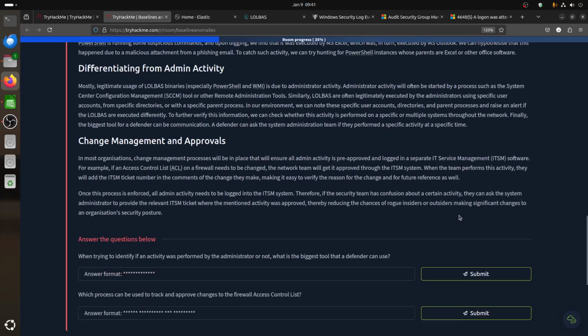Change management and improving risk: the way to change, for example, add to the access control list, ACL, firewall, request management. This is like CompTIA Security+ stuff. Request for change: you ask the administration, the defenders can communicate with the